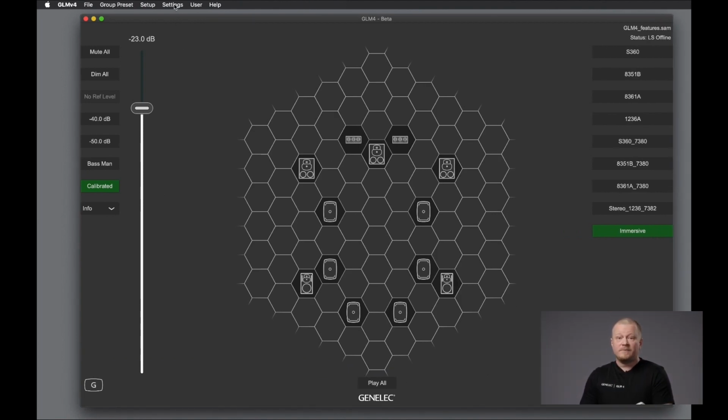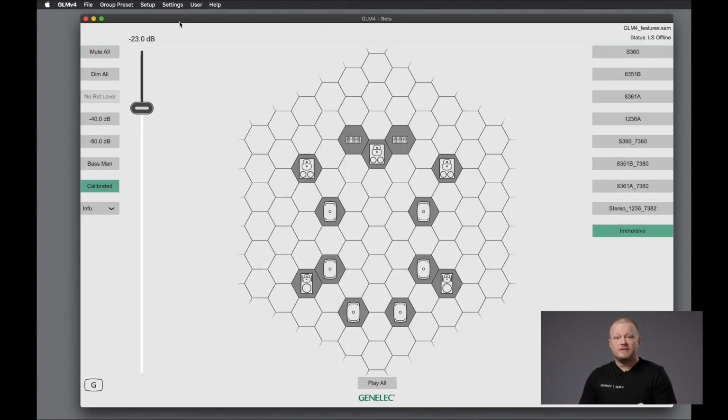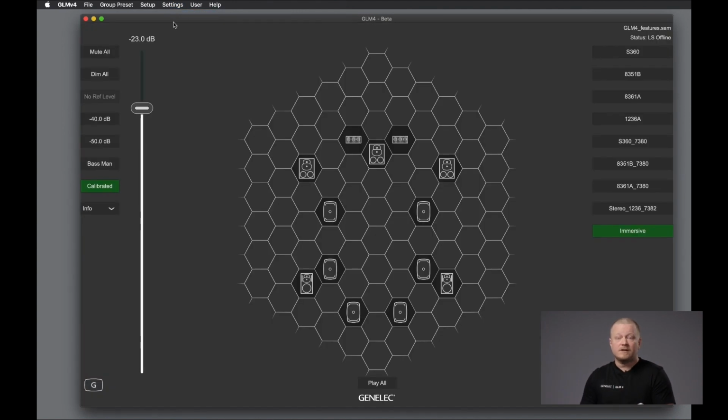Also, what we have implemented is the ability to change the theme of your GLM screen. Now we can see the dark theme, which is the default when you launch the software. But if you want, you can change that into a light theme, which then changes the amount of light you are receiving from your screen. And this way you can blend your GLM screen more easily into your working environment, or you can make it stand out if you want in a dark or light room and have easier access to all your controls.